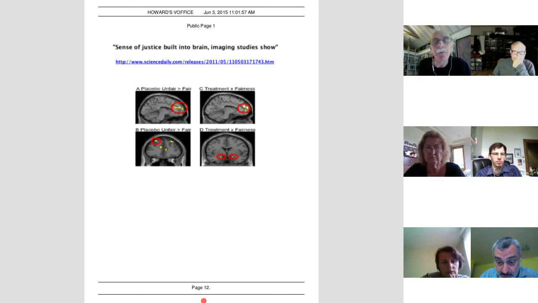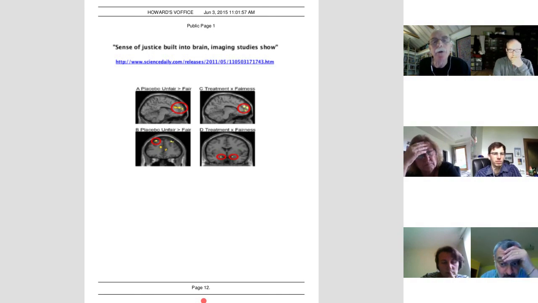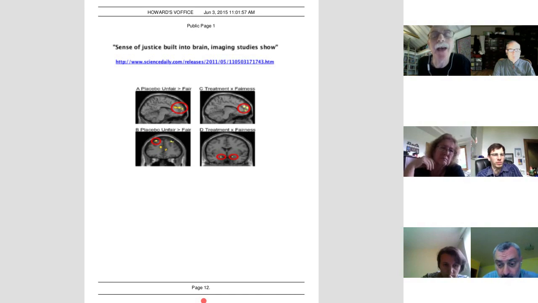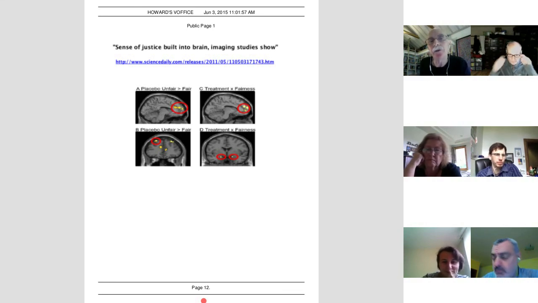And they put people's brains into a functional magnetic resonance imaging machine while playing the game, and demonstrated that the parts of the brain that light up when you are punishing someone you regard to be a cheater or unfair in a game are the same parts of the brain that light up when you're experiencing other kinds of satisfaction. That's called altruistic punishment. Keep that in mind when we talk about sanctions next week,